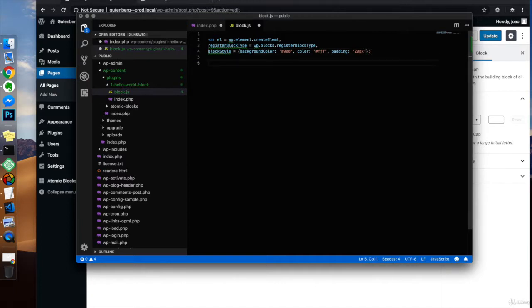Should be good. And now this data will show on the pages on the backend and editor, as we have seen. We are going to register the block type right now. So we are picking up the block type, and we'll add the components, the parameters to it. So register block type, and over here we'll type the handle, and it's the block name. We want to make it unique, so